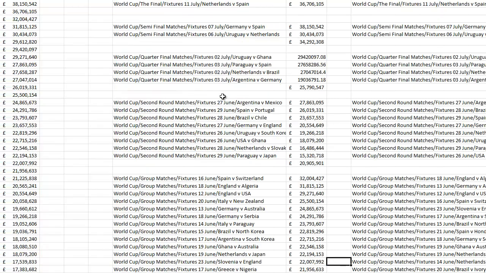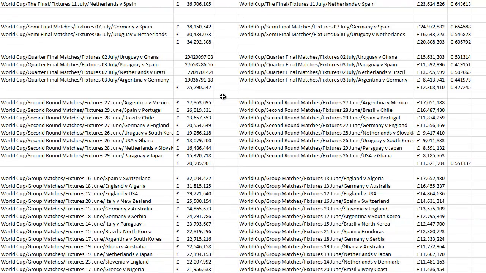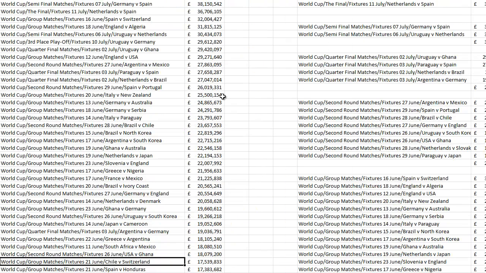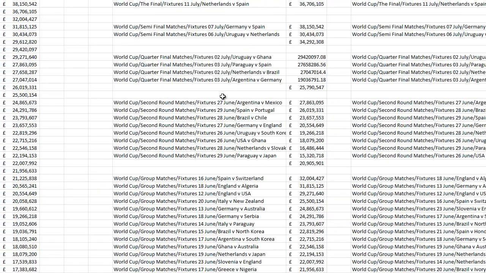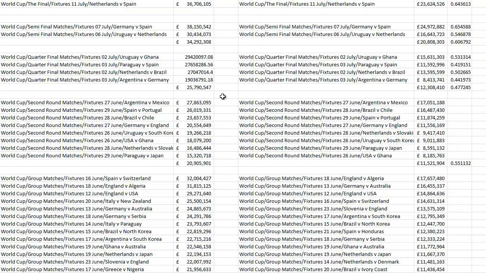But also you can see from the data that we have here, the turnover in this competition is significant, and that generates a huge amount of interest within the market, and that is going to be one of my main plays, really, is that because of the amount of liquidity in the market, I reckon I can raise stakes and be a lot more aggressive, and therefore I should be able to return more during the World Cup than I can on pretty much any of the other football competitions. So I've got off to a decent start, and I'm going to start raising stakes and see how far I can push it. So whatever you're doing in the World Cup, have a good one.